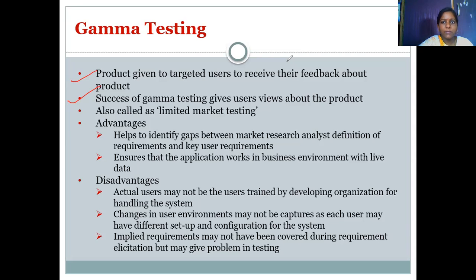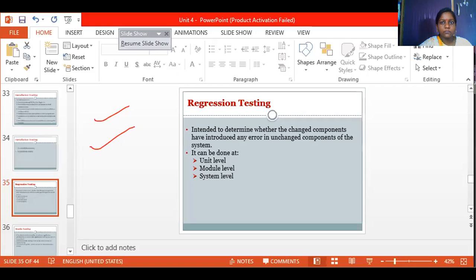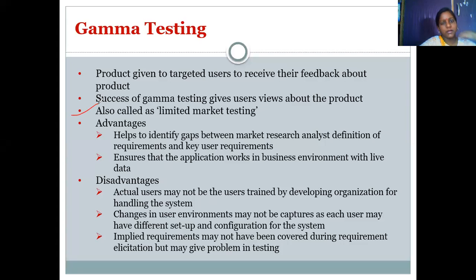Then the success of gamma testing gives users' views about the product. It is also called limited market testing.